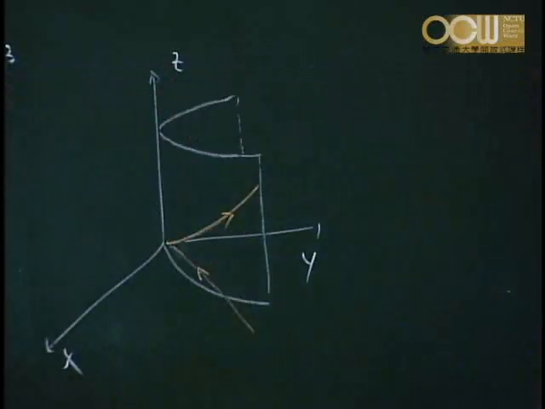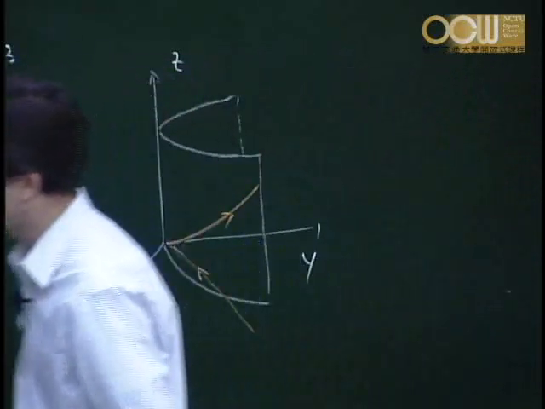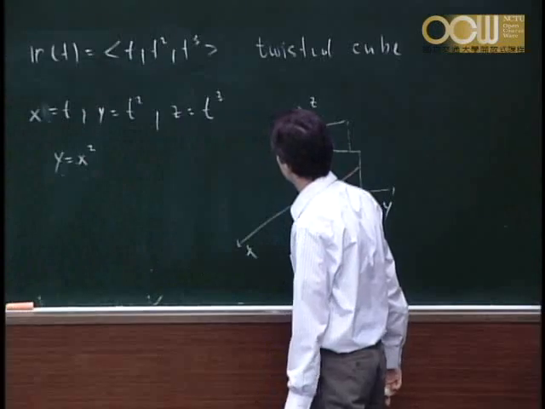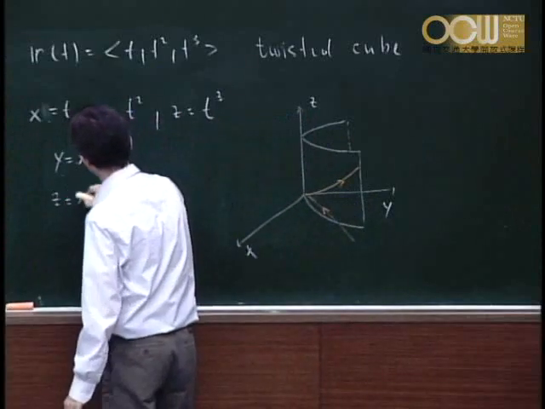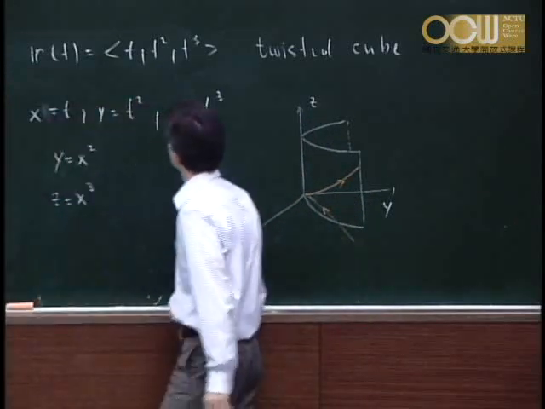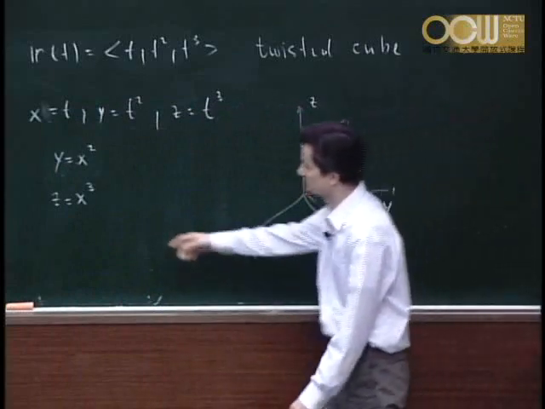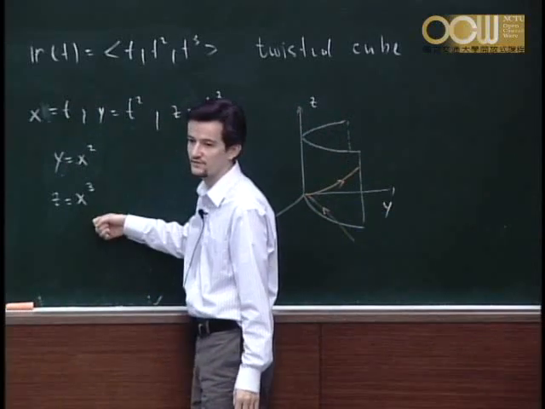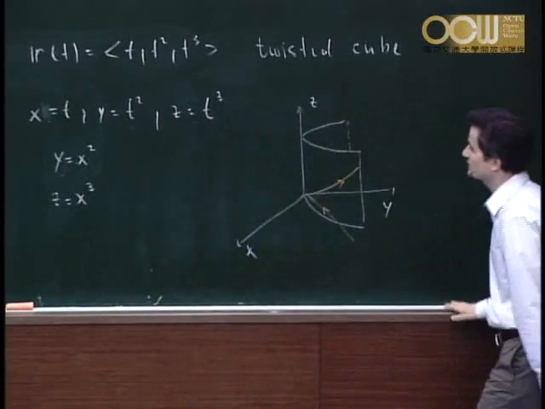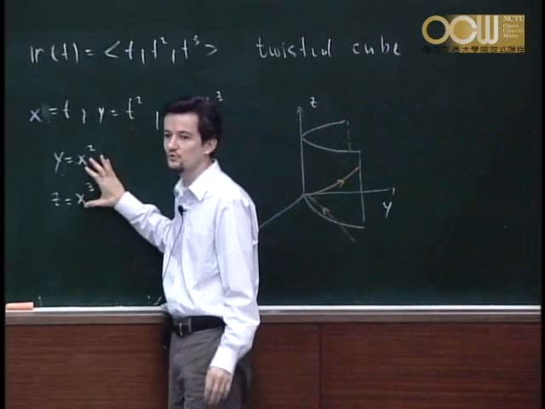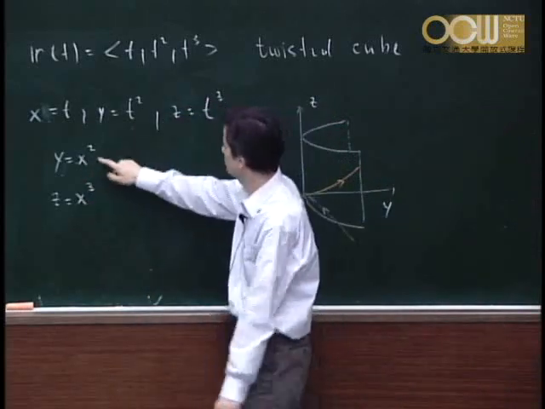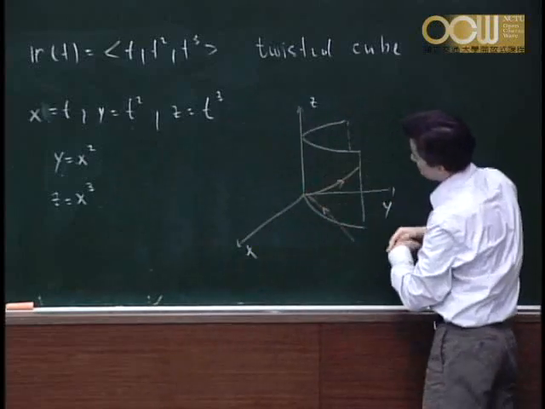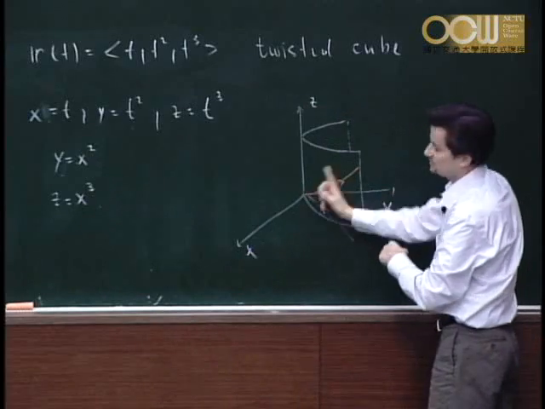Another way to plot this, maybe more complicated, would be to first observe that our space curve also is on this surface here. So our space curve is contained in this and this surface. So you can draw the intersection of those two surfaces, but maybe not so easy to draw. This surface is this here, and this surface would be the cylinder generated by this space curve here,